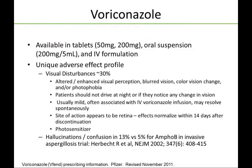Now, the other extended spectrum azole that we have is voriconazole, or VFEND, right? Available in tablets, 50 and 200 milligram tablets, and oral suspension, and an IV formulation. Voriconazole has some unique issues with it, right? So there's visual disturbances, like the